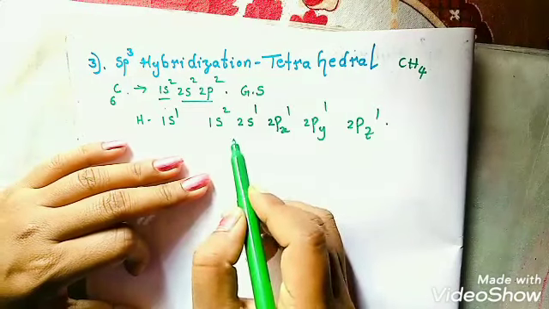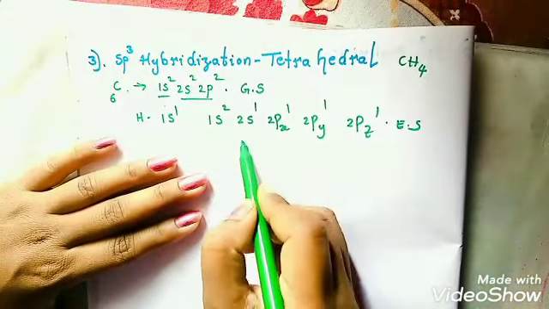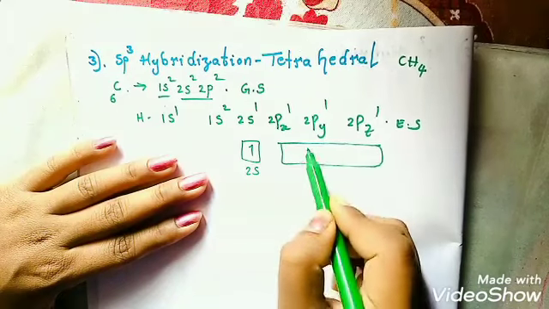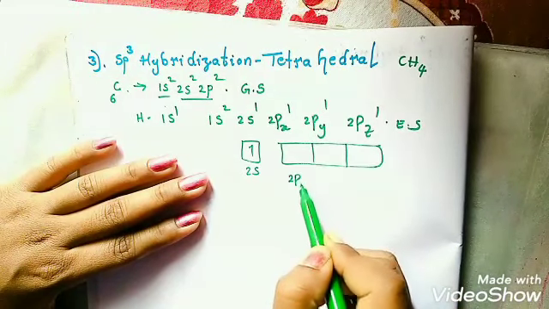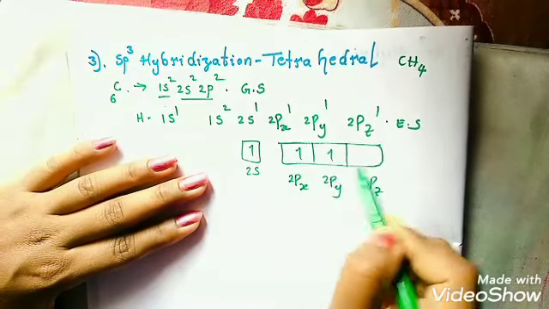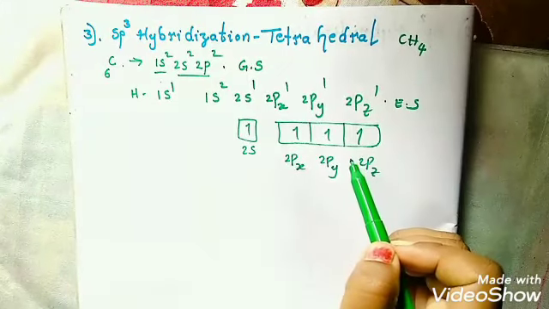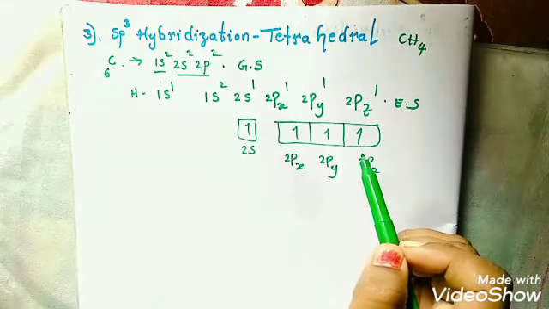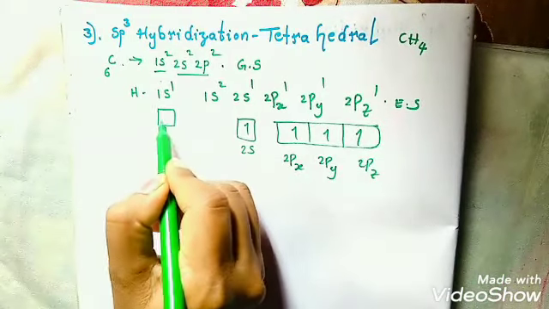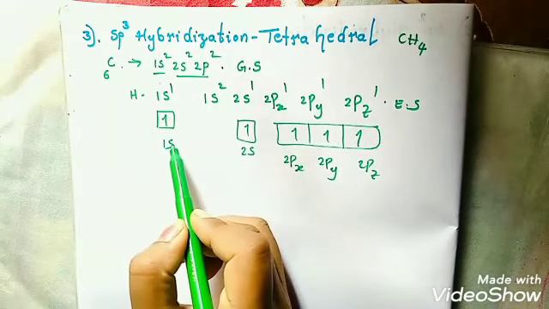Okay, students. So this is excited state electronic configuration. If you draw like this, this is the 2s orbital and this is the p orbital, 2px, 2py and 2pz, with single electrons. You have to draw like this. Why? Because if there is only a single electron, there is a chance of forming a bond. So students, for hydrogen only 1s1. So hydrogen must be like this, that is only the 1s orbital.